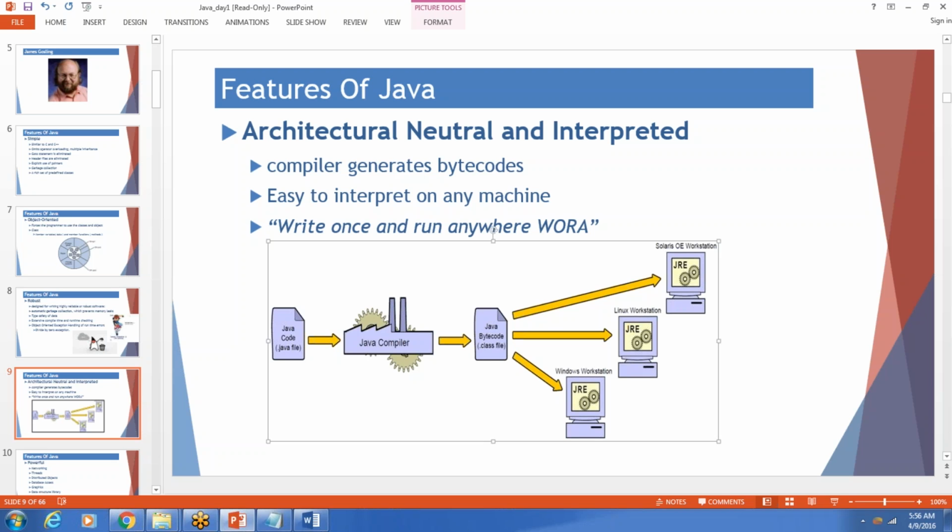If you observe, you have compiled the code only once and you are capable of running the code on Solaris, on Linux, on Windows, provided you have JRE on those machines. So that is the reason we say Java is architecture neutral. That is, the code whatever you have written, you're not writing specific to the machine architecture. The code we are writing is not dependent on the machine architecture. So till here,